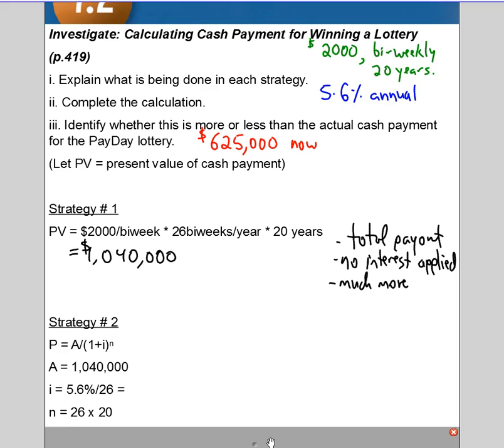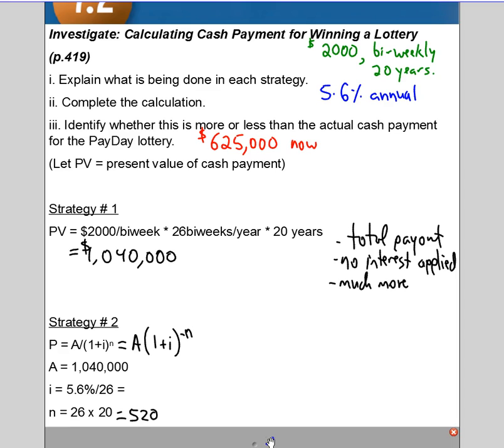Okay, so $1,040,000 is going to be paid out, but what if it was paid out once at the very end? So we can use our present value compound interest formula, which instead of dividing by 1 plus i to the n, can multiply by 1 plus i to the negative n. It's equivalent. In this case, we're going to calculate the term interest rate by dividing the annual rate by 26. We're going to multiply the number of years by times per year for the number of compounding periods. So we get 520